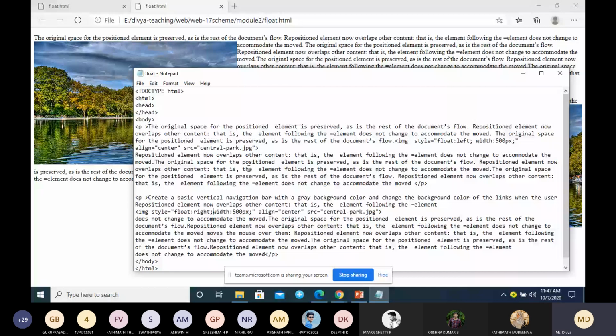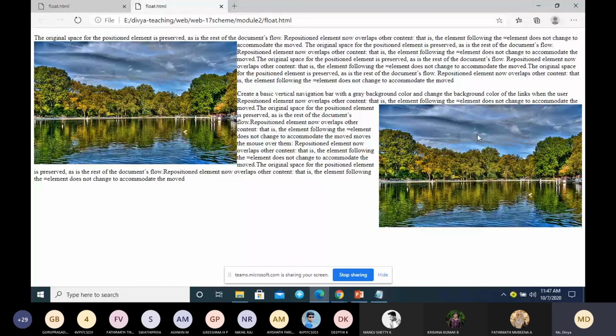After the image also there should be some paragraph content. This also you have to remember. Before the image there should be a paragraph. In between, one image should come, then the paragraph content should come again. Again an image should come, and after that the paragraph should continue. So this is the answer for the question asked. One image will be to the left, another image to the right, and the paragraphs. Is it clear?